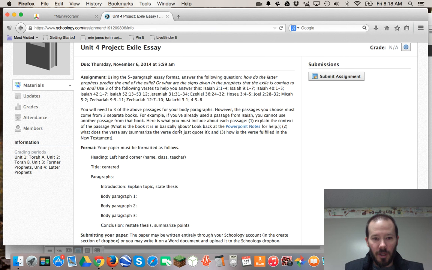And so the main thing that we need to talk about here is what is supposed to go in those body paragraphs. Like I said, you need to pick 3 passages of those listed in the instructions. Let's say we'll just pick, how about Isaiah 52:13 through 53. So that's basically the end of chapter 52 and all of Isaiah chapter 53. What you need to do is, it says here, explain the context of the passage. So that is simply this. What is the book that it is in basically about? What's the main central message of the book of Isaiah?